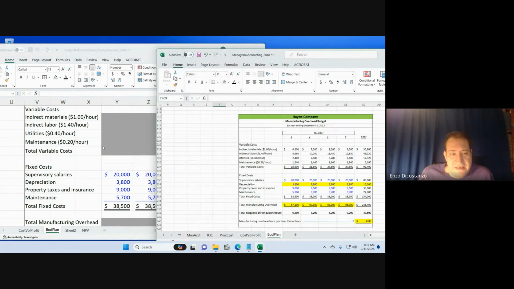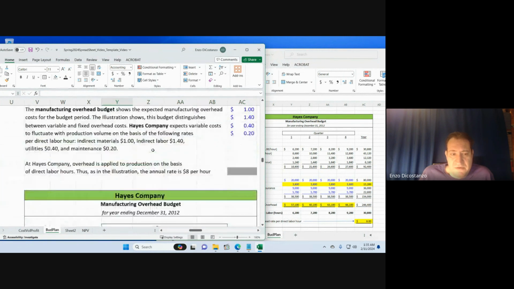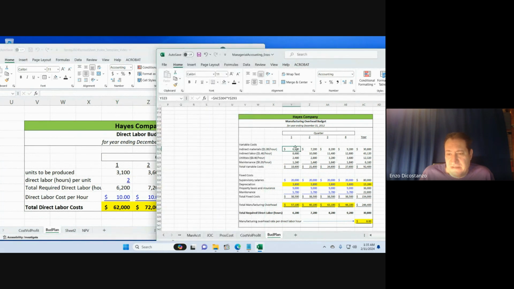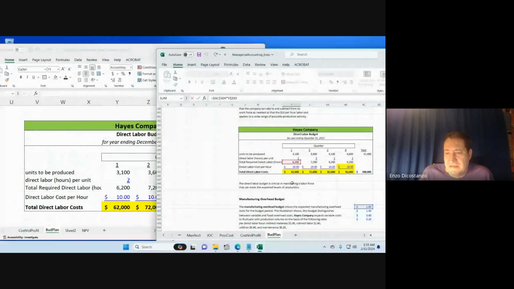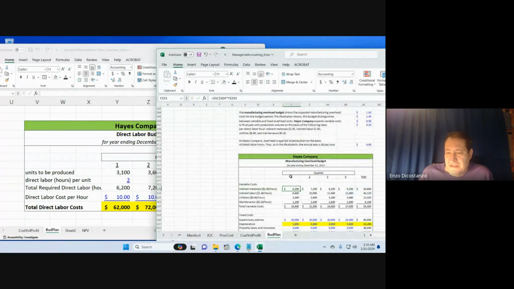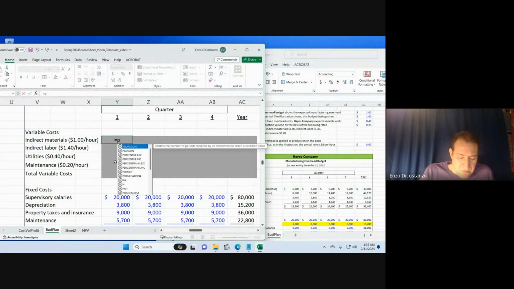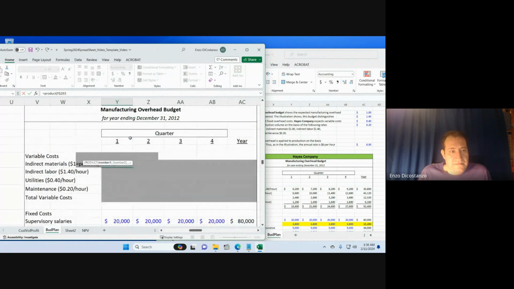Okay, the rest of this, we put the hours in here in terms of the hours that you're going to spend per quarter. These are costs. These are the hours up here, 6,200. So if you look at this, you're referring not to the 62,000, this is 6,200. You're referring to the number of hours used here. So this equals product. That's that row.